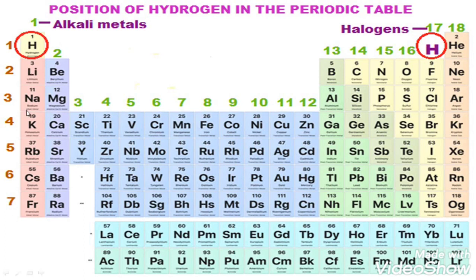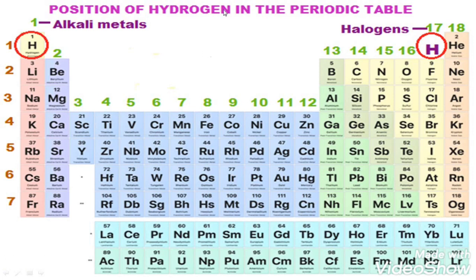Now the first group, as you can see, is commonly called alkali metals. They are called alkali metals because they are alkaline in nature and they are metals. Now the 17th group is commonly called halogens. They are known as halogens because halo means salt, gen means producer. They produce salts. When do they produce salts? When they react with metals. Take for example chlorine, which is in group 17. When chlorine reacts with a metal like sodium, it forms a salt, sodium chloride.